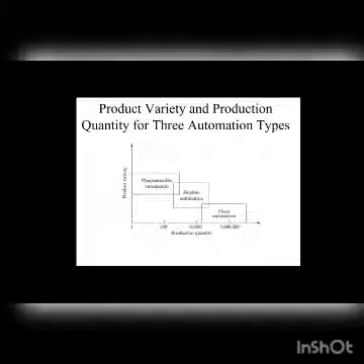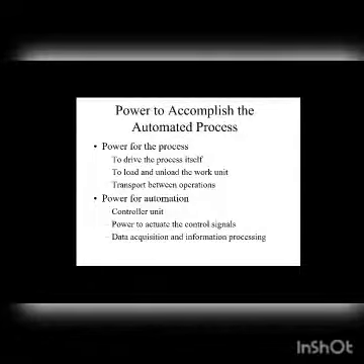So, from what I have explained, you can understand that programmable automation is suitable for job shop production, flexible automation is suitable for batch production, and fixed automation is suitable for quantity production or flow line production or mass production. So, when the product variety is high, you can go for programmable automation. For mid variety, you can go for flexible automation, and when the variety is very less, then you can go for fixed automation. So, as I said, automation requires three things.